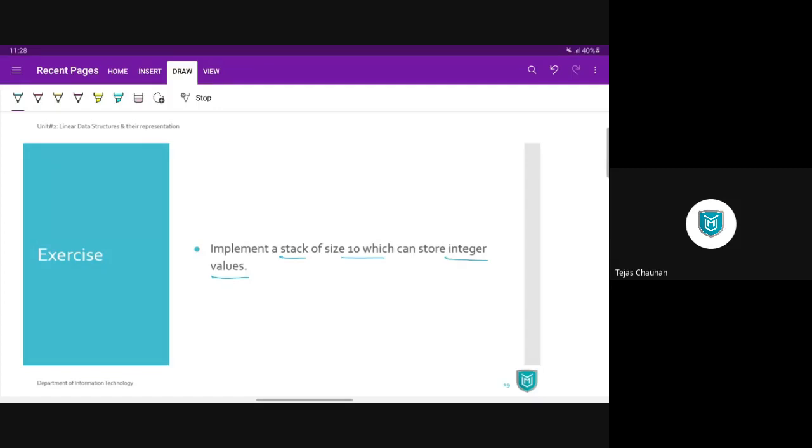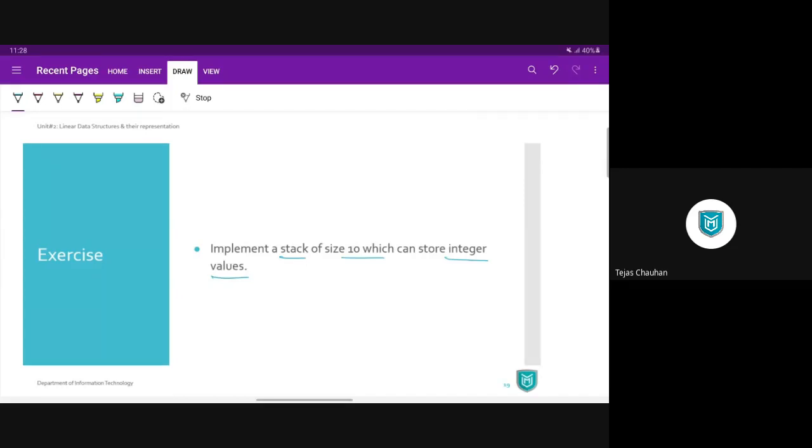For today, let's quickly have a revision. Init: top equals -1. Push: top plus plus, data of top equals value. Pop: get a value from top and then decrease your top, top minus minus. Peep: you just return the topmost value.